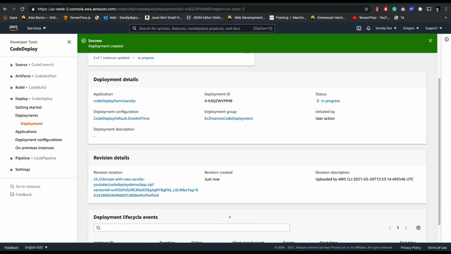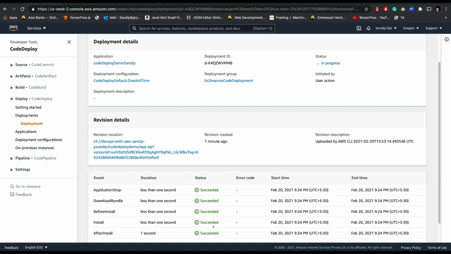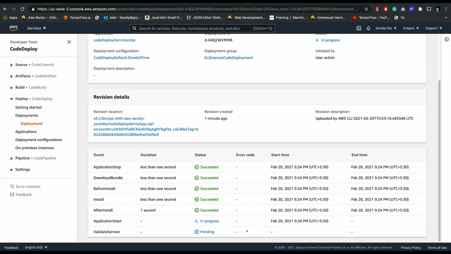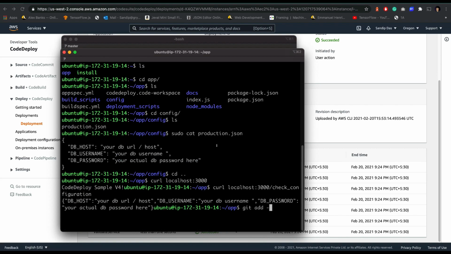It will be very fast. Just give it some time. You click on the view events, you will see it's already application starting in progress and it's started. Yep, it's done. And if you go here and let's say this is our instance, ls, call curl, just checking if the application updated or not. Localhost 3000. Yes, our application updated. Now let's see if the application credential updated or not.